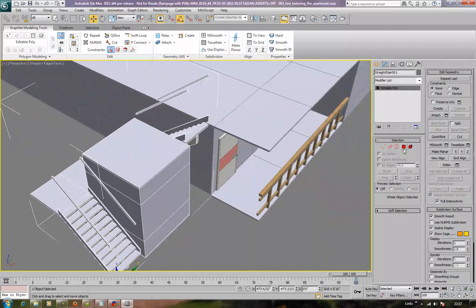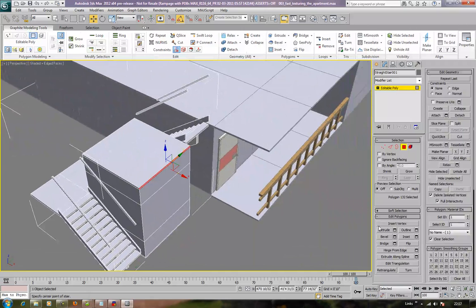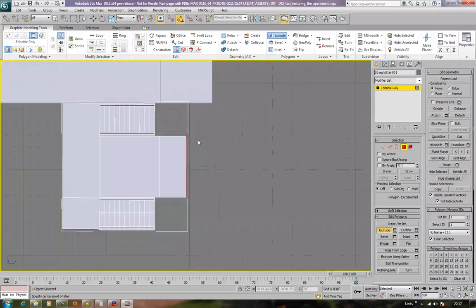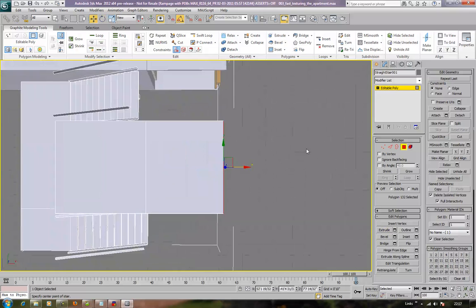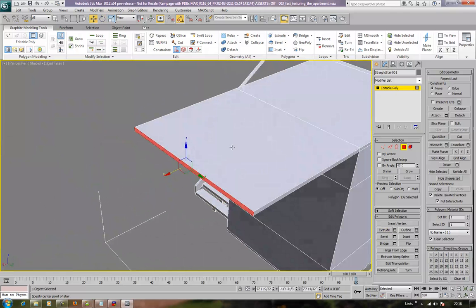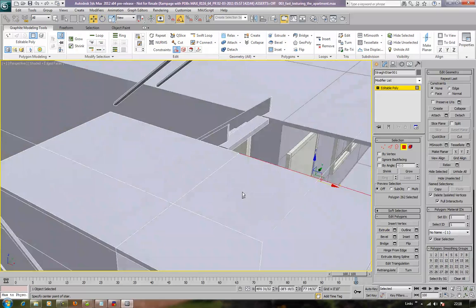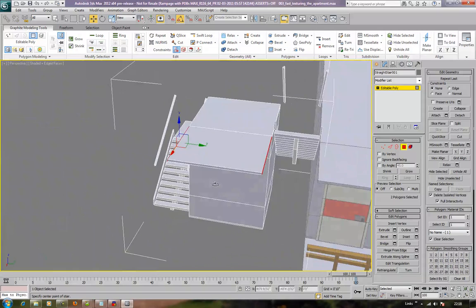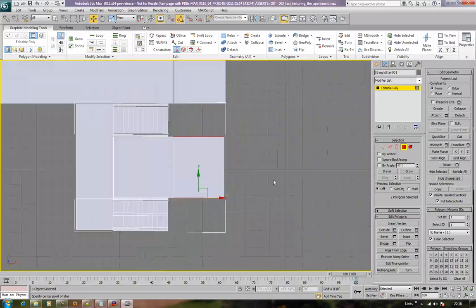So what I'm going to do now is again grab this part here, just extrude it straight out, then drop into top view, because I want to get these to line up like that. And then what I can do is grab here and here, just extrude both these sides at once. So go into my extrude tool,